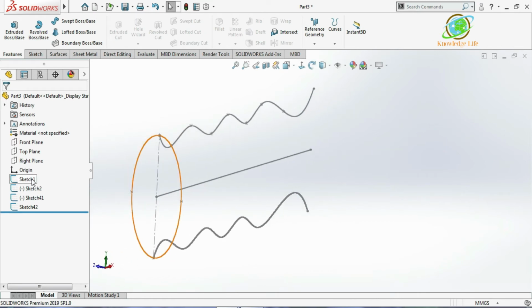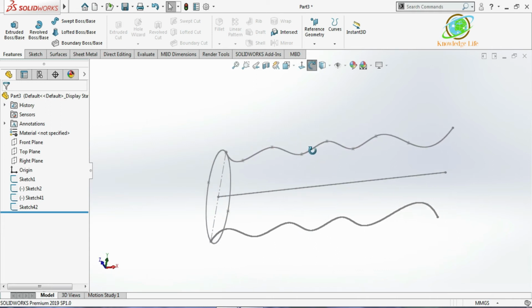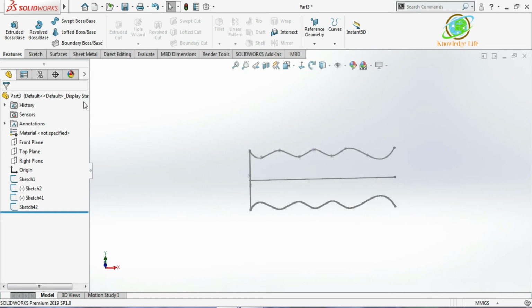This is my profile, a separate sketch. This is my path, and these two are my guide curves. All are separate sketches, but we could use both the profile in a single sketch itself by using the selection manager, but I'm not going to explain the selection manager concept in this video. So now go for the sweep,